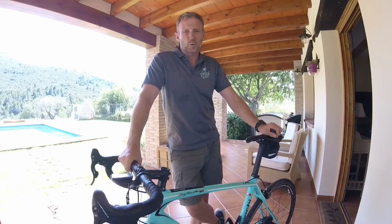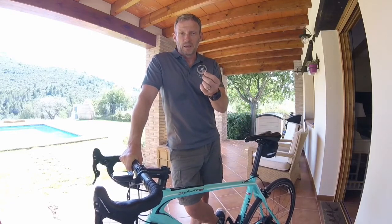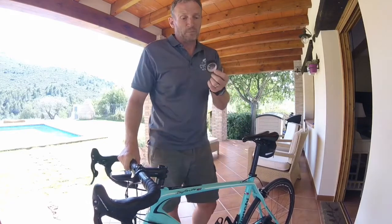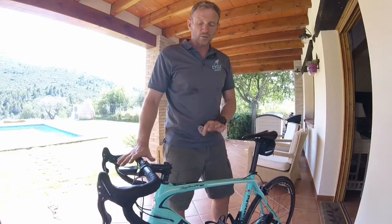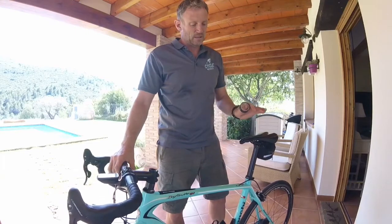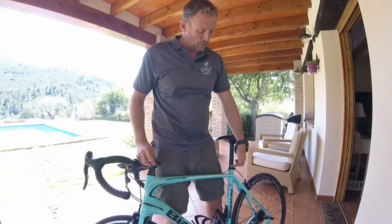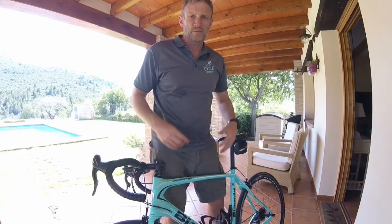But before we start, there's one key element. What we need is a bit of insulating tape. Can't stress this enough, it makes things so much simpler. All you need to do before you start undoing or changing anything on your bike setup is mark the height of your seat, which is very simple. You just wrap a bit of insulating tape around your seat post where it enters into your frame. That way when you get to